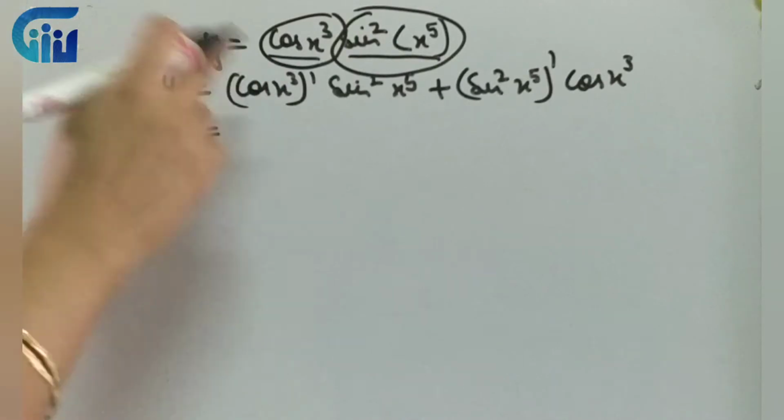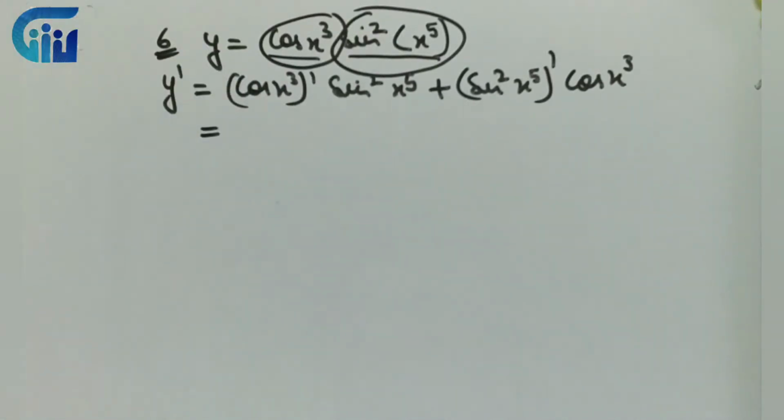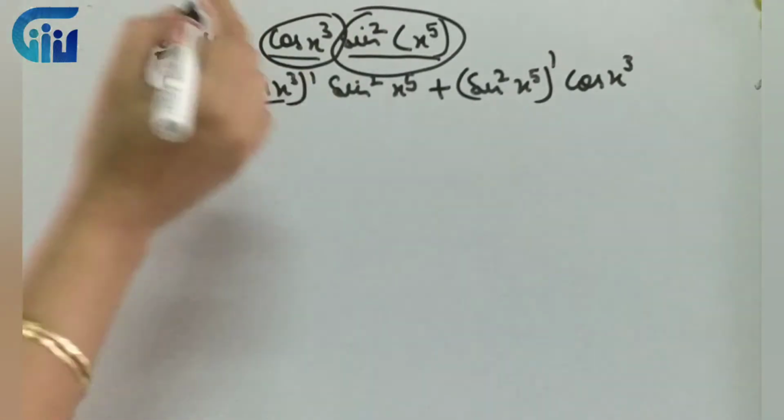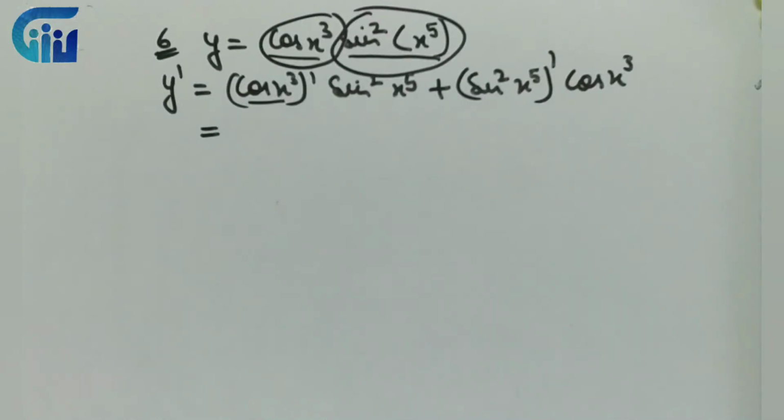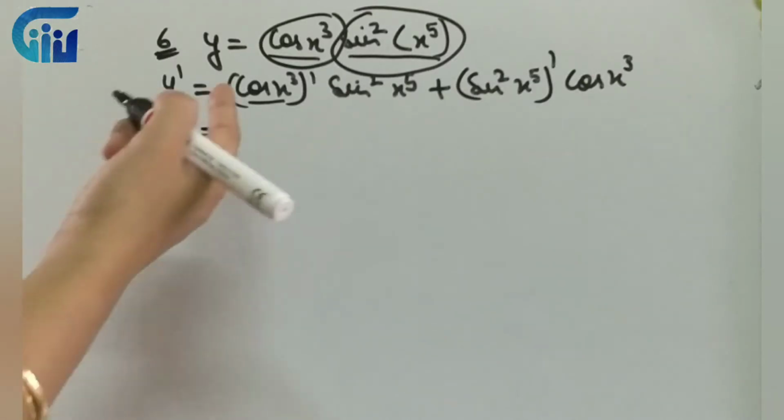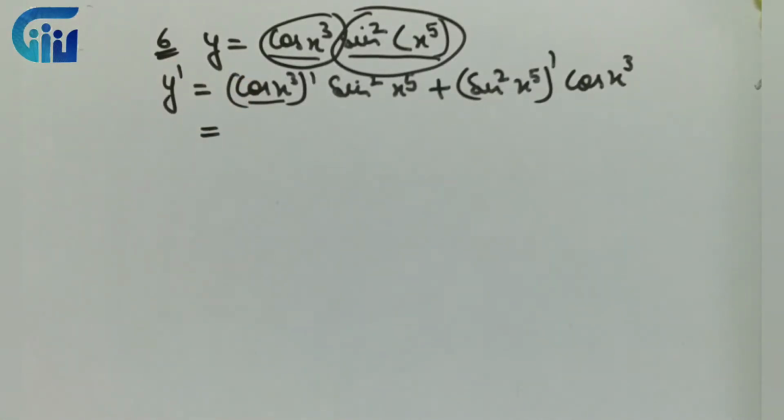Now I'll write the derivative of cos x cube. If I differentiate this, तो क्या ध्यान रखना है, इसका derivative लिखने के लिए, can I write the derivative directly, or do I have to apply the chain rule? Chain rule कब लगाना है? When we have a power, function and angle, right? So given a function like this, can I write the derivative directly? No, because x has power as 3.